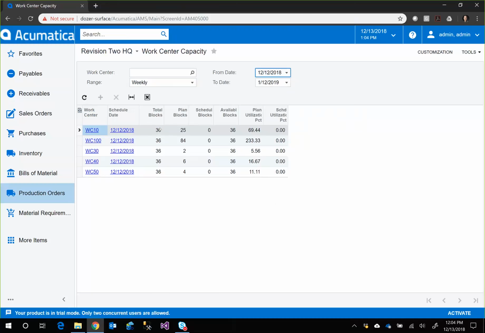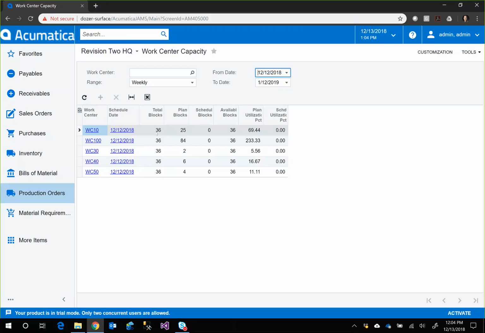36 blocks. Now, what a block means is that's a configurable unit of time that's specific to your business. So, for example, if you're running stuff that's very quick turn, a block might be a minute. You know, if certain jobs only take 5 minutes to run, then you would be managing that block of time in minutes. But then if you have a much larger or longer type of manufacturing process, that block of time might be hours or maybe even a full day. So again, it's configurable to what your process is, but what this ultimately gives us then is what our total